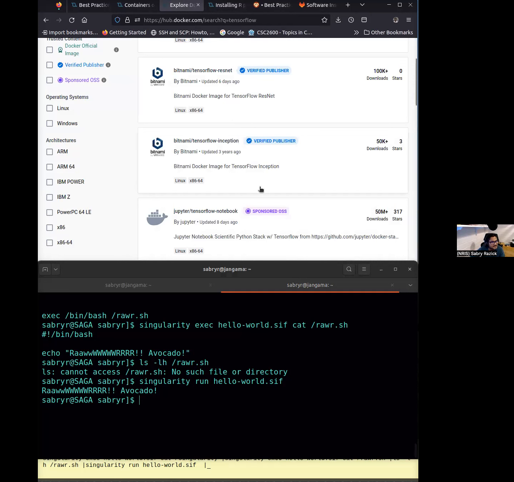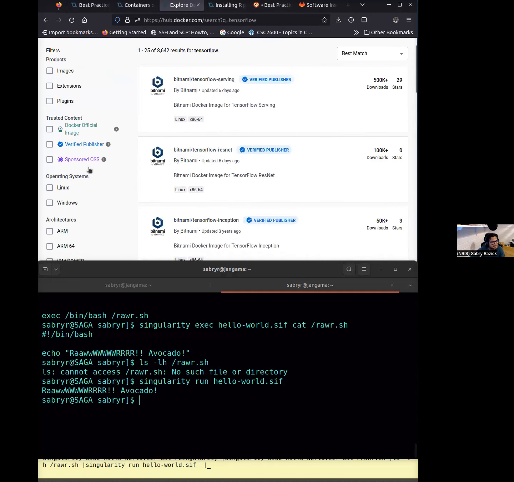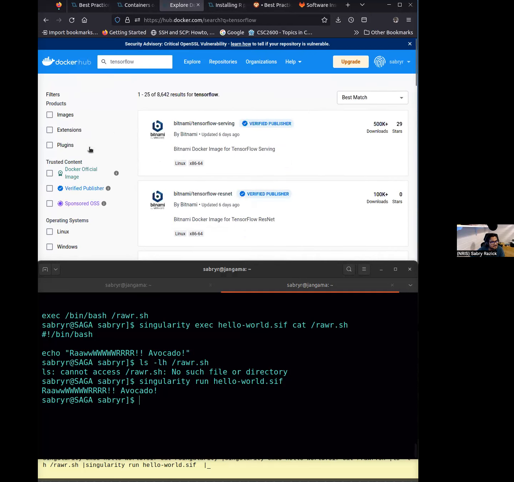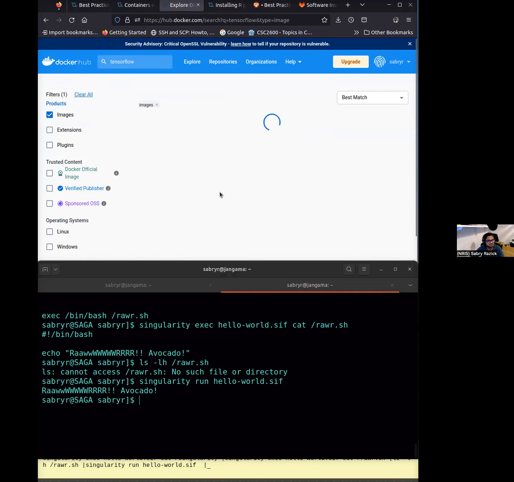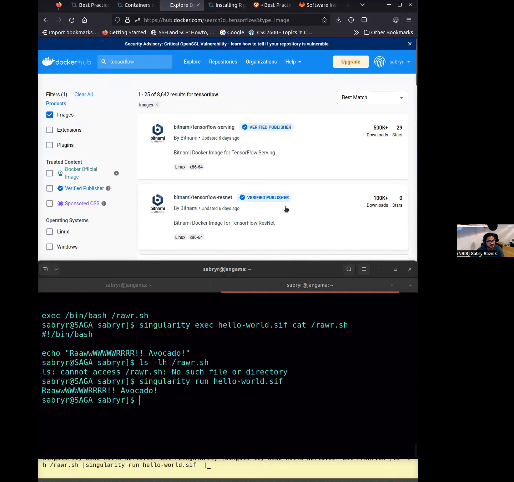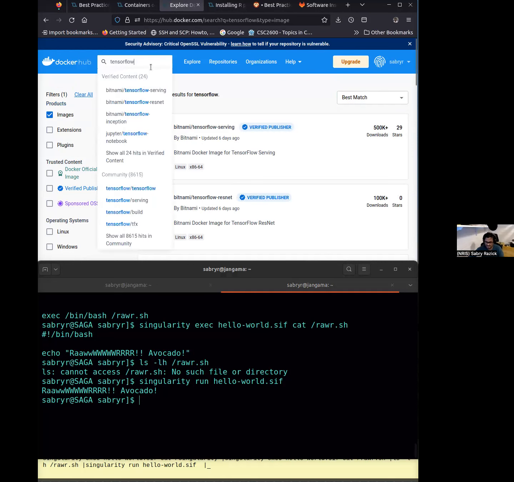Where's the TensorFlow channel? Architectures, images. I'm trying to find out the... I mean, you can copy also. You can use a link, like this? The URL. Like this? Yeah.